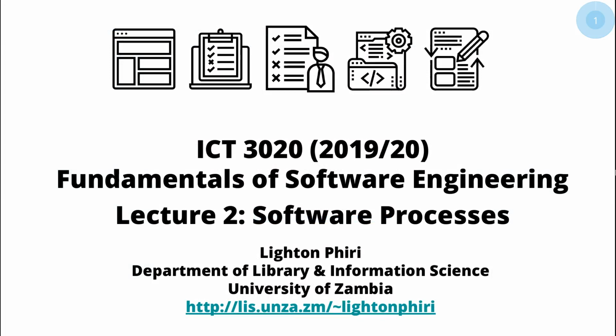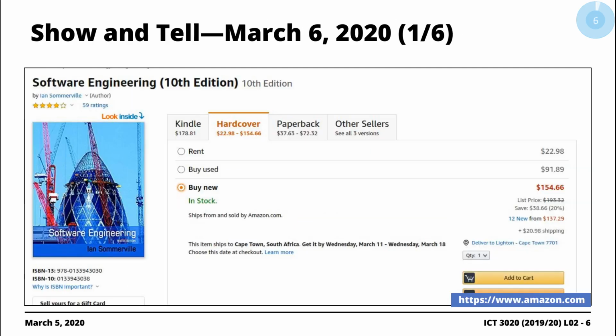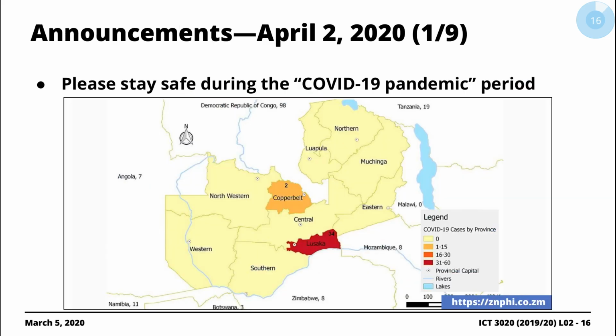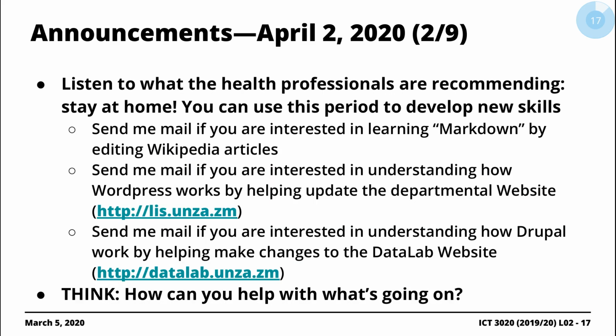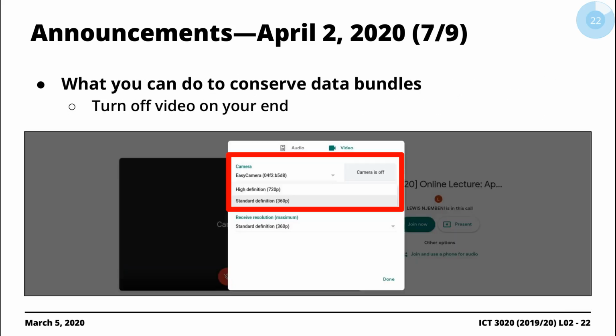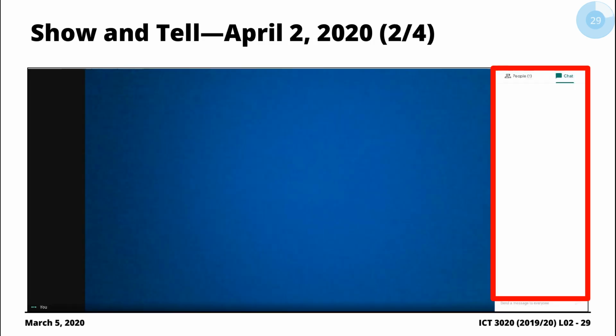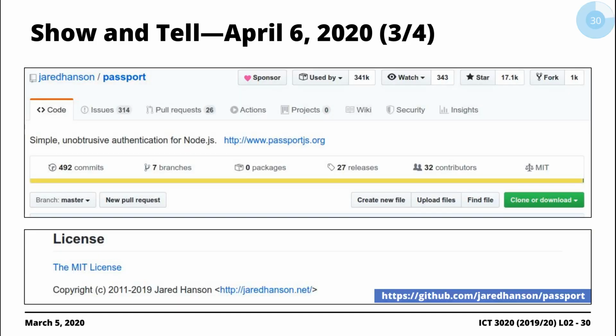But before we continue our discussion of software process models, I just thought I'd mention a few things here. There was a question that came from one of you the last time we had a formal lecture session, and I think it was to do with our discussion of integration and configuration, right? So this whole notion of reusing already existing software components that you download online, so-called software libraries or components, modules, doesn't matter really. So I just thought I'd first of all start off by reminding us of our discussion to do with